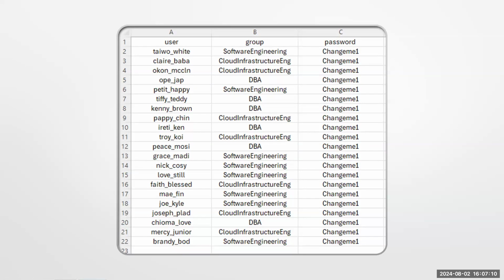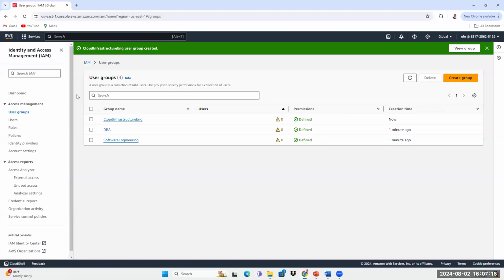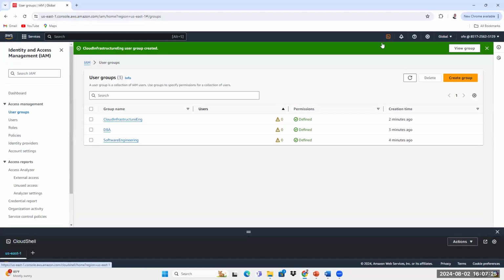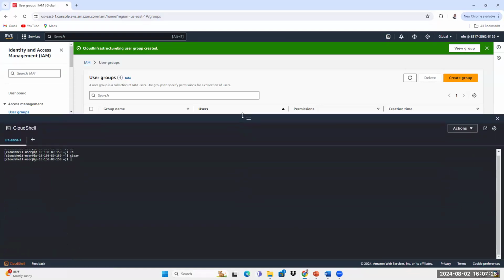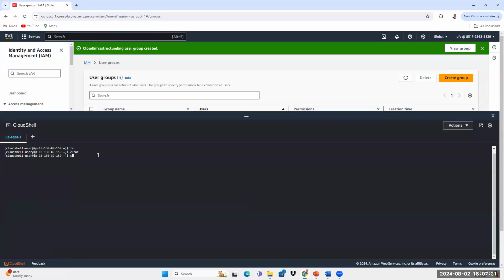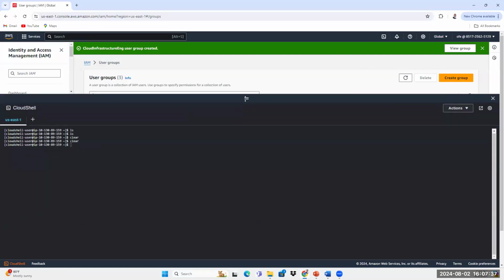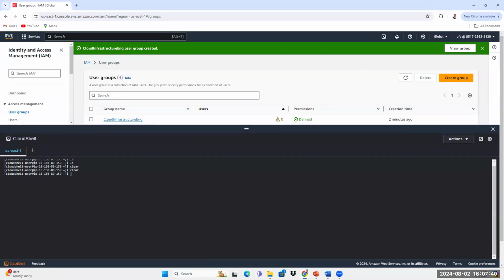AWS console to upload this file. So we are here now on the AWS console, and up here you see what is called CloudShell. So you click on CloudShell. Down here it pops up, and I'll just type clear to clear everything. What I'm going to do is upload. To the top left, you see Actions. Click on that. Then you see Upload files. Click on Upload files, and